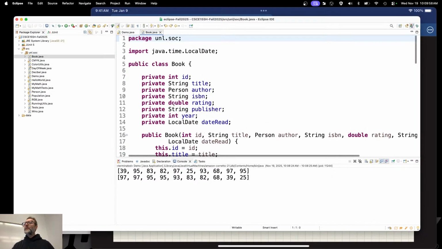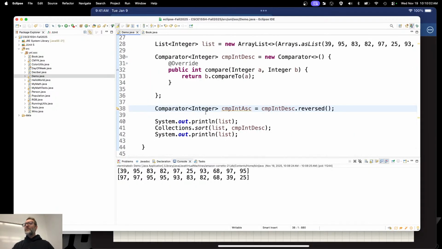There we go. We're going to come back to the books here. I'm going to have to code it next time, but I'll show you how to build it now. If I use ascending, then now it's ascending order, right? So you can just take another comparator, and if you want to, you can reverse it. I thought that there was an int comparator already, and I'm sure that there is somewhere, but I don't know where it is right now, right?